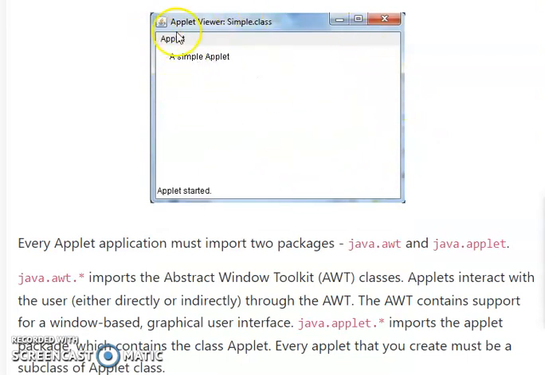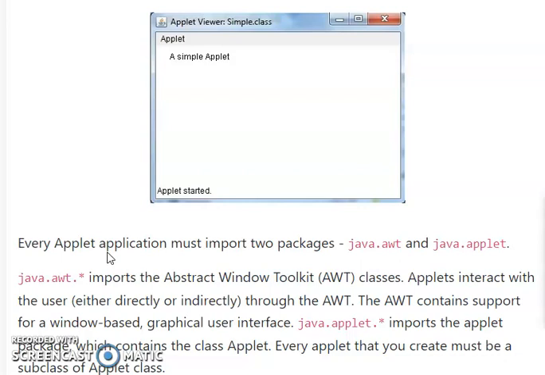This is the applet viewer screen. Every applet application must import two packages. The first one is java.awt and another one is java.applet. java.awt.* imports the abstract window toolkit classes. Applets interact with the user either directly or indirectly through the AWT.